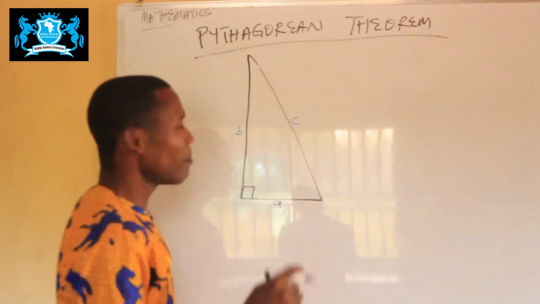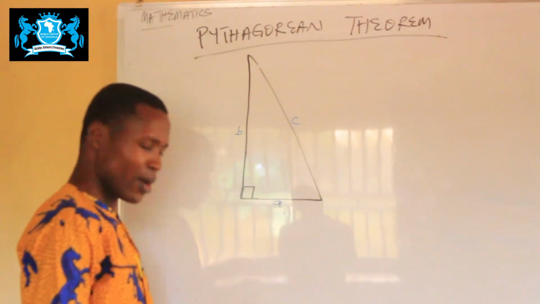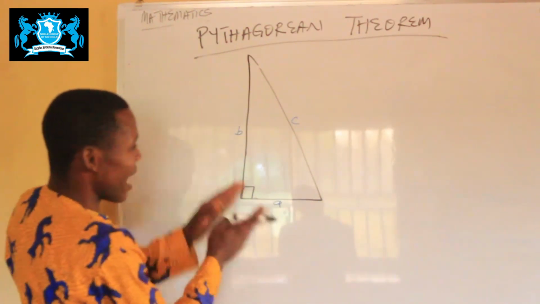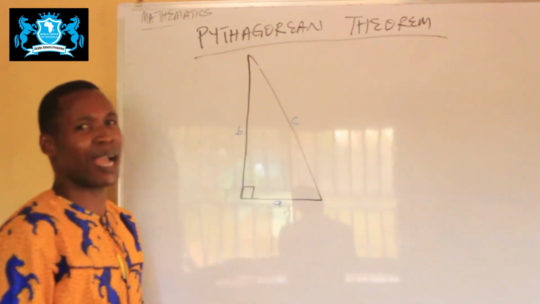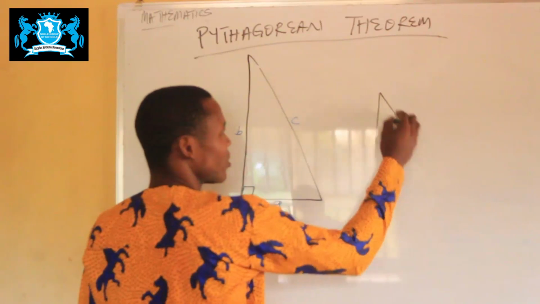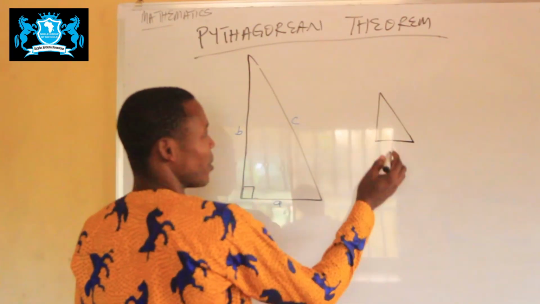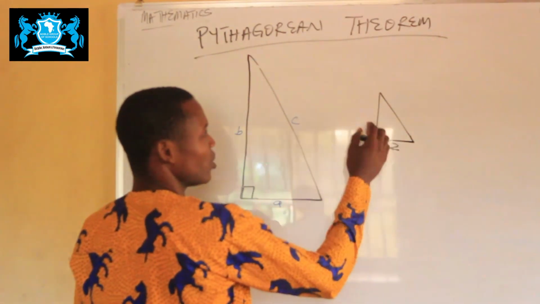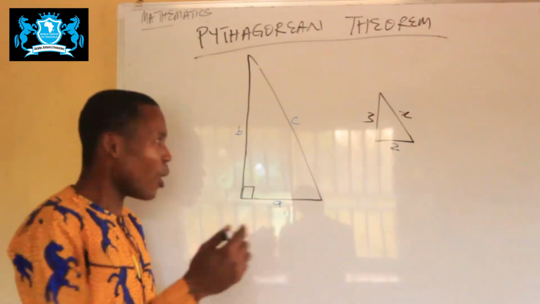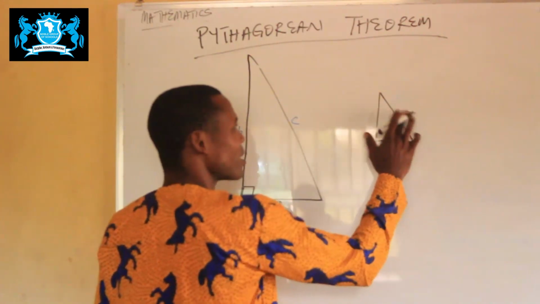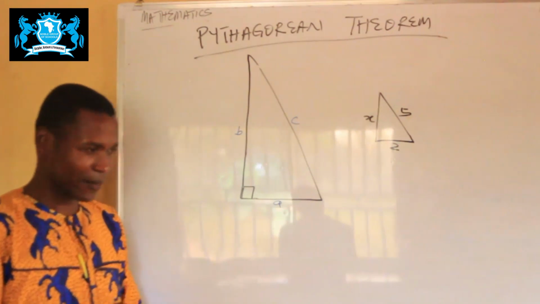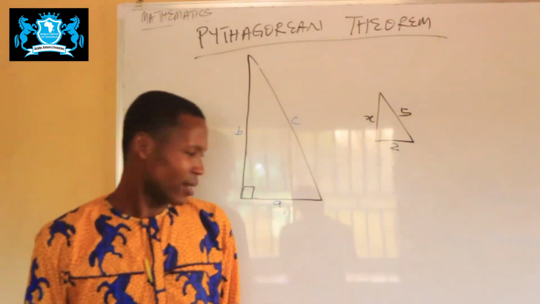Now, mathematicians began to ask themselves, what if we are given the opposite and the adjacent and we don't know the hypotenuse? How do we find it? For instance, if you have a triangle this way and we are given 2, 3, and here is x, how do you find x? So a man,